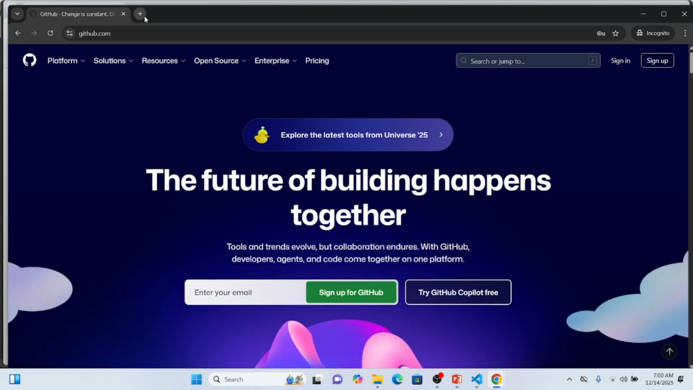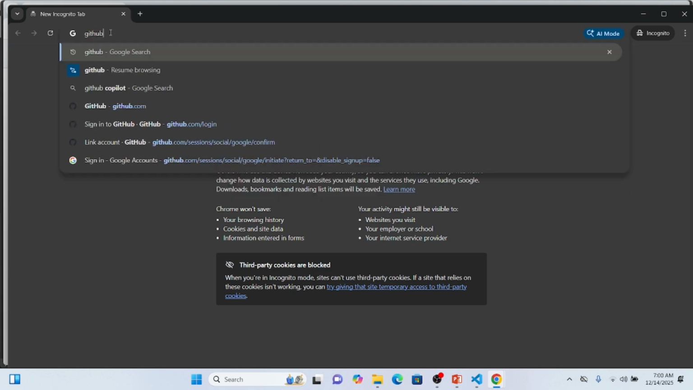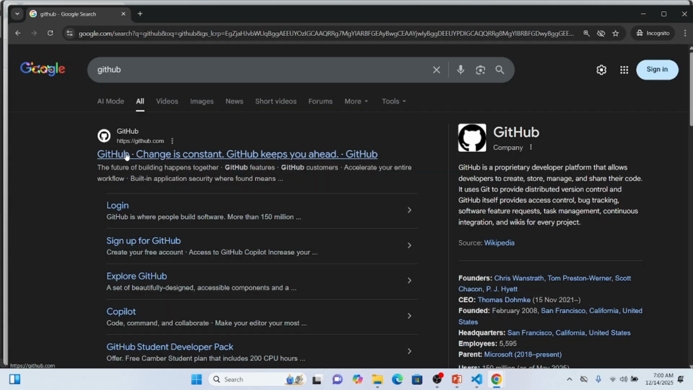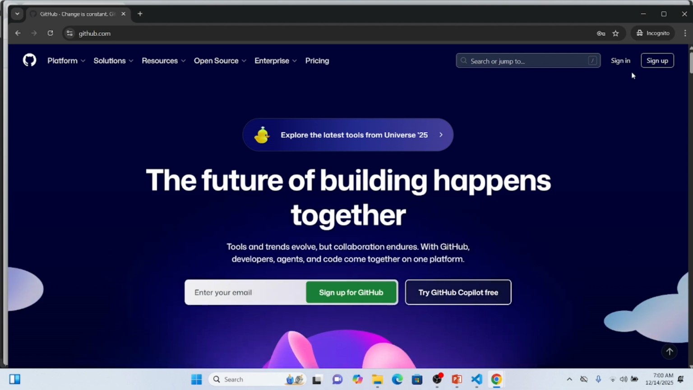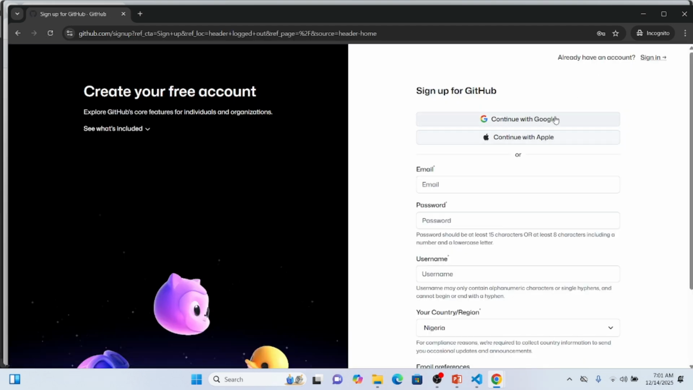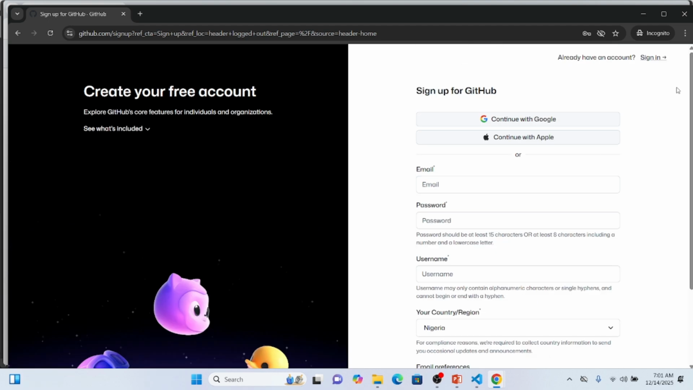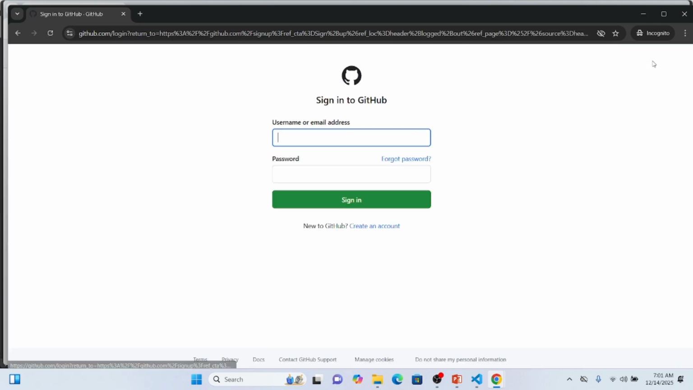So if you want to create a GitHub account, you just go to github.com, and when you click this link, you will land on this page. You can choose to sign in if you already have an account, or sign up. If you want to sign up, you hit the sign up button. You can just sign up with your Google account or your Apple account, or you can enter your details manually and create account. Okay, so right now I am going to navigate to sign in because I already have an